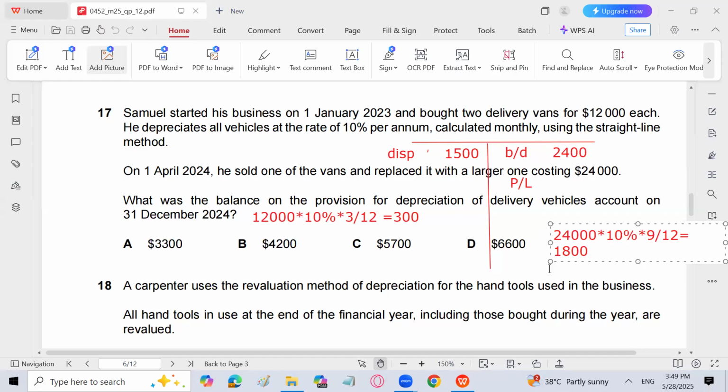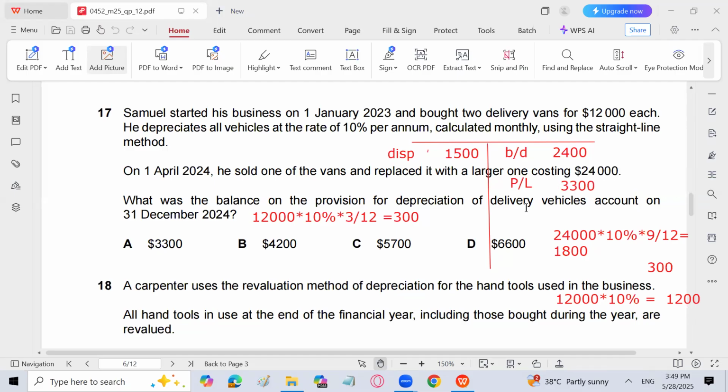Okay. Now calculate depreciation on the asset sold. We will calculate it on a monthly basis. We have calculated that, 300. And then calculate depreciation on the existing assets. One asset is still with us of 12,000, 10%, that is 1,200. So the total depreciation, 1,800 plus 1,200, sorry, 300, so 3,300 is the depreciation which is charged for